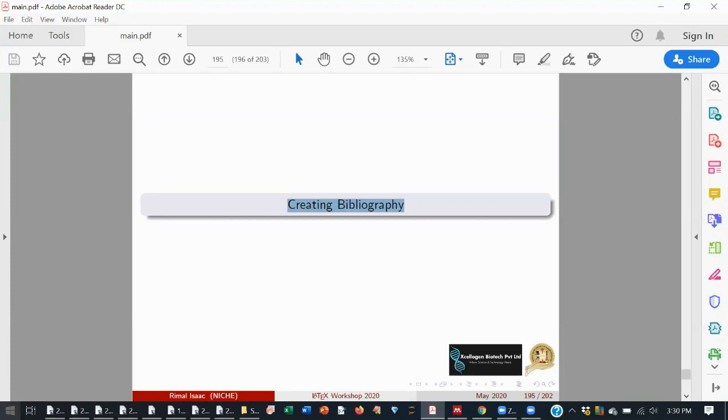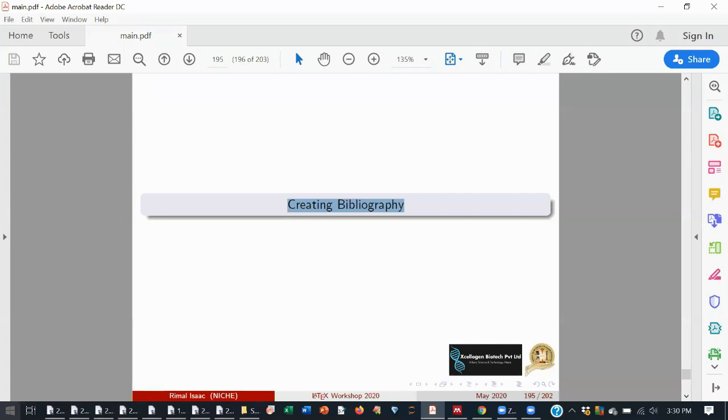You will create each and every reference and type in the numbering. Some journals have the number inside square brackets, some have superscript numbering, some have author and year inside the bracket. So many types of numbering are used by different journals, and the end reference list or bibliography list style will be entirely different. You'll sit hours and hours to do that.